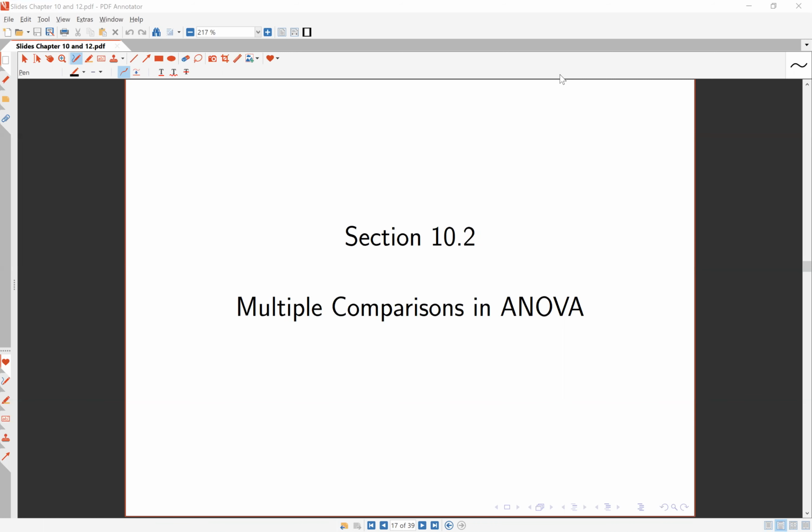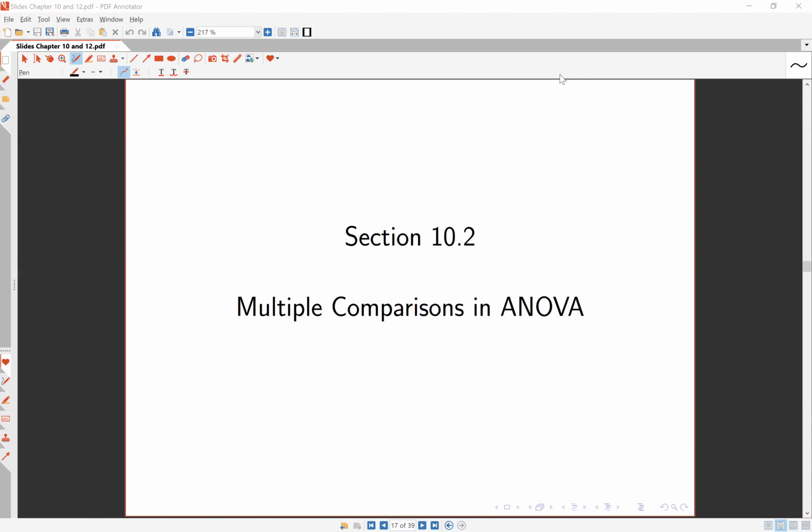So digging in today, the multiple comparisons in ANOVA, we will be looking at ways of comparing these populations to one another after performing the ANOVA test to then determine in a post-hoc manner which ones have evidence